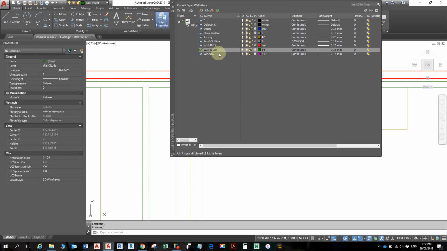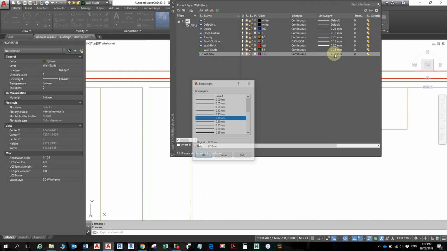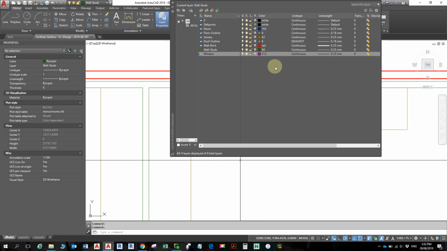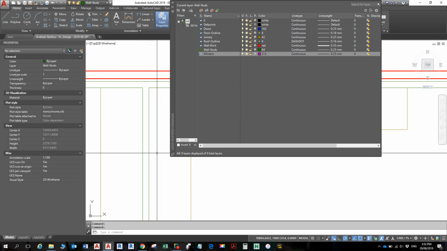So I'm going to go here. All right, window 212. I said 0.18. I was wrong. Let's change it to 0.25. Okay, so now I'm conforming to that document. My window will come out 0.25. Great. I don't care what the 212 color looks like in AutoCAD, because when you print it off,